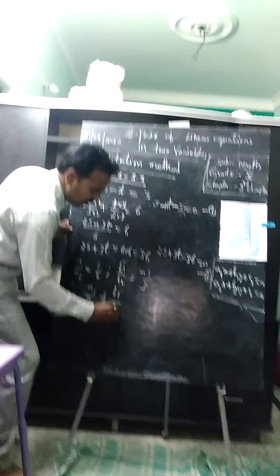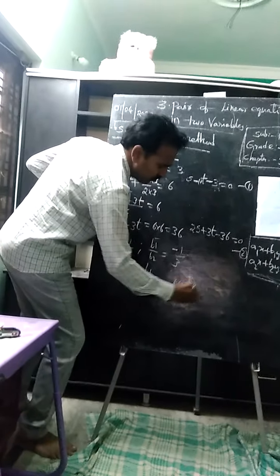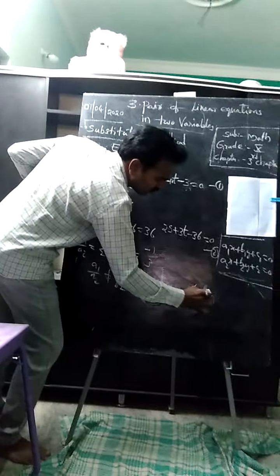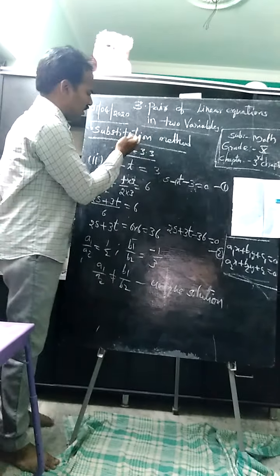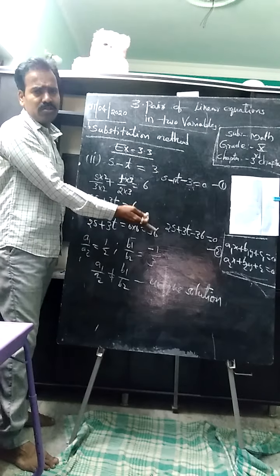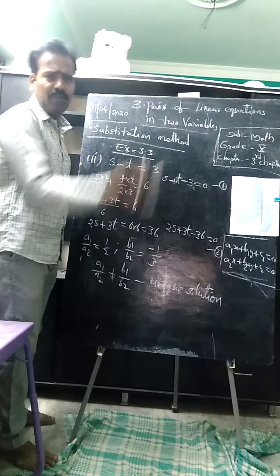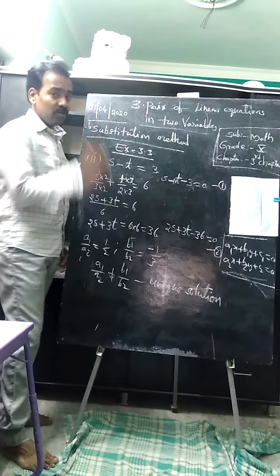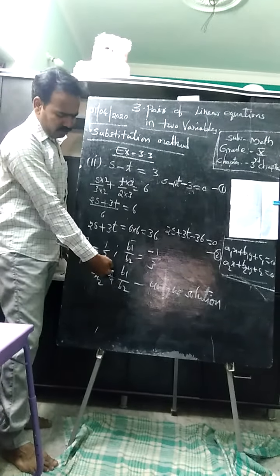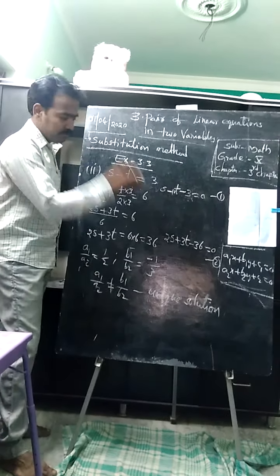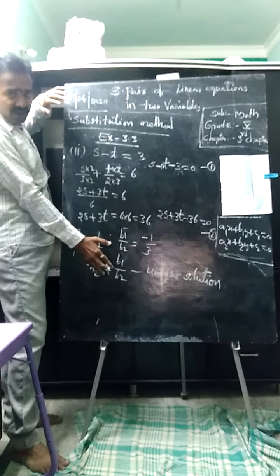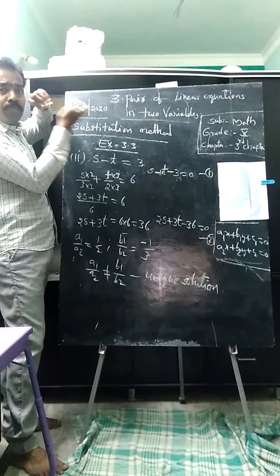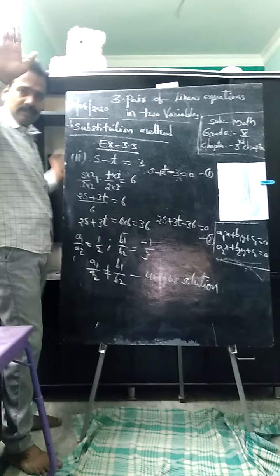So this pair of linear equations contains a unique solution, but it doesn't contain a unique solution other than this condition. Simply we will write this pair of linear equations is not containing a unique solution. So now no algebraic method is applicable. Simple. After checking this, first step, verify a1 by a2 not equal to b1 by b2. After that we will solve this pair of linear equations in two variables by this method. Which method? Substitution method. Yes, students.